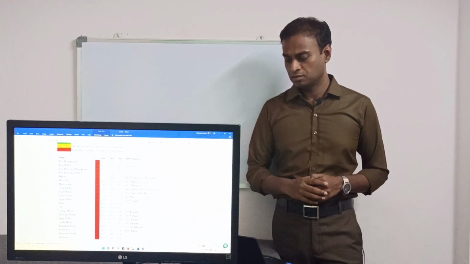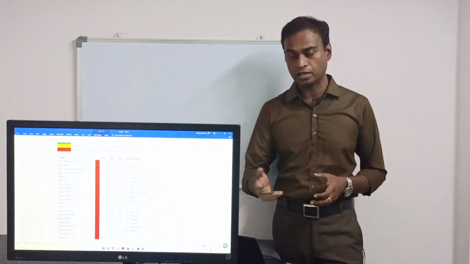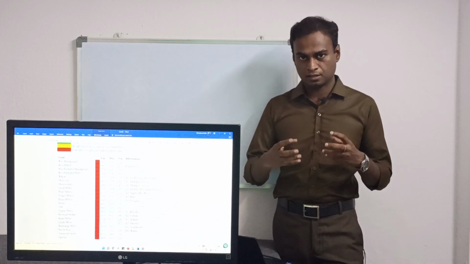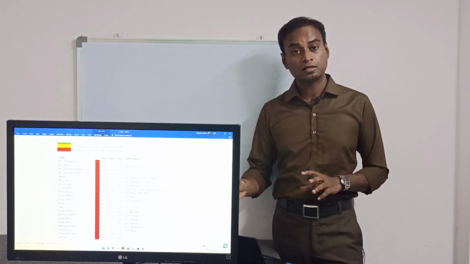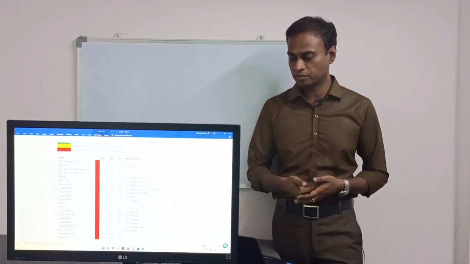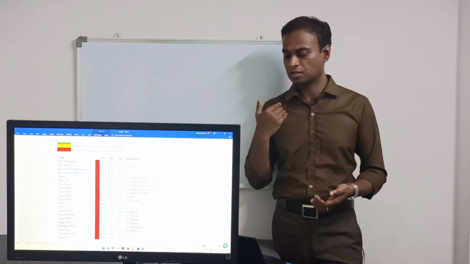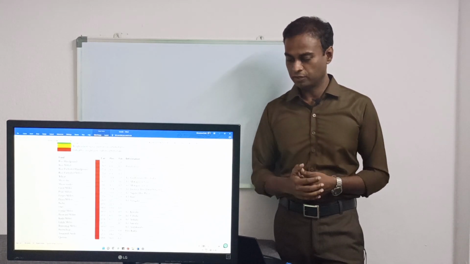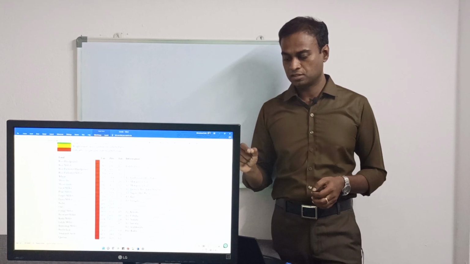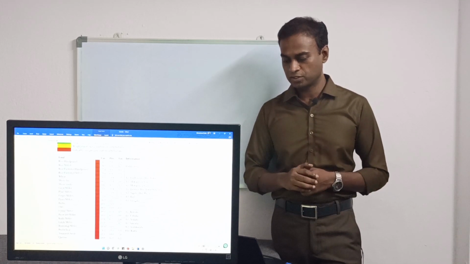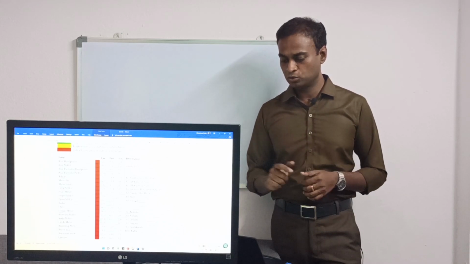Hand pound rice, we have 76.7 grams of carbohydrate per every 100 grams of edible portion. So all the values here are given for 100 grams of edible portion. In 100 grams of edible portion, what is the content of carbohydrate, what is the content of protein, what is the content of fat. Okay, we will look into it. Hand pound rice, carbohydrate percent is 76.7%. Milled rice, that is polished rice, it is 78.2.